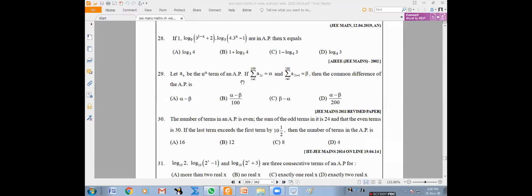Okay, we'll correct it. Especially in the 2002, 2003 papers, there can be 1 plus log 4 base 3 given, because log a by b is log a minus log b. In the 2002, 2003 papers, there can be some typing mistakes, which I did not get time to correct here. Also in the 2020 paper, one or two key mistakes there may be, as we discussed quickly. Anyway, the actual answer for 28 is 1 minus log 4 base 3, whether it is there in the options or not.